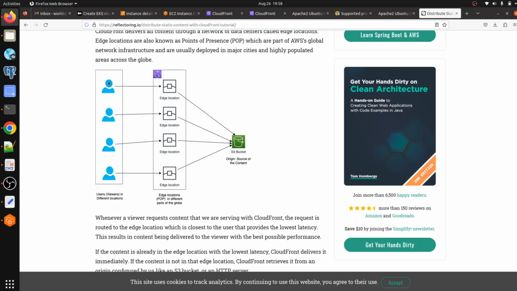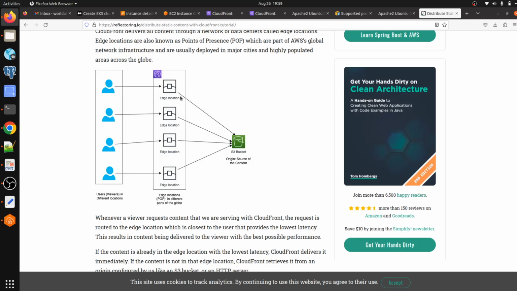And whenever another user or the same user tries to access the same thing later on, CloudFront will respond and give the content back from the edge location only. It's not going to pick the content from the origin server.